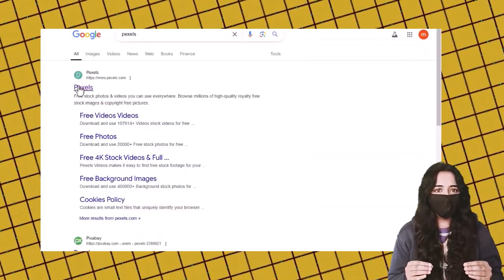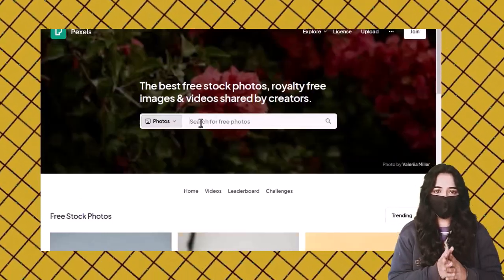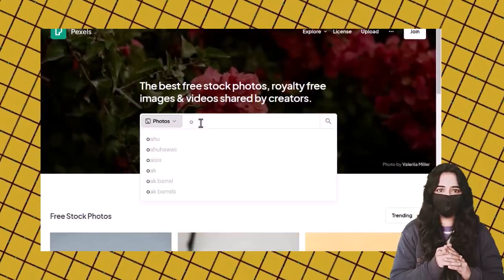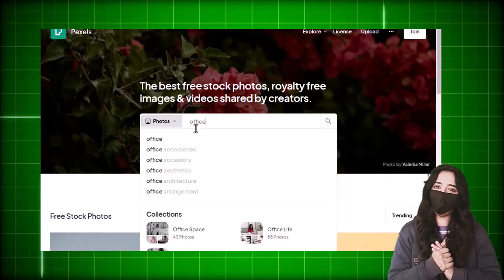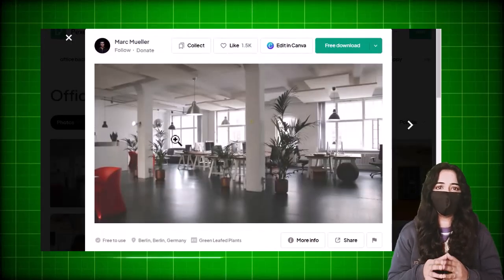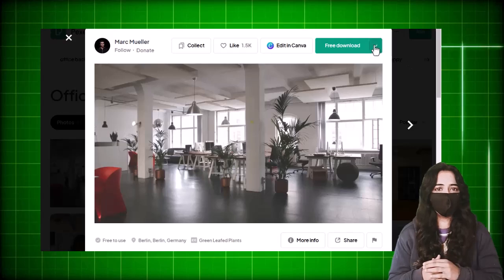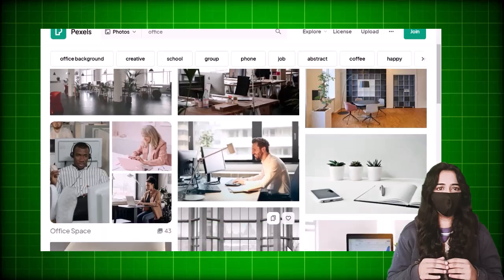So now I go to the next website which is Pexels. So here I will write office again. You can write office background as well. So look here, different types of pictures are opened here. I will take any picture randomly. The picture is looking good and simple. I clicked on it and see this picture, stock free image. This picture will be downloaded and I close it from here.